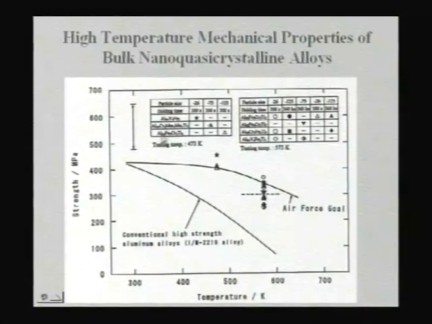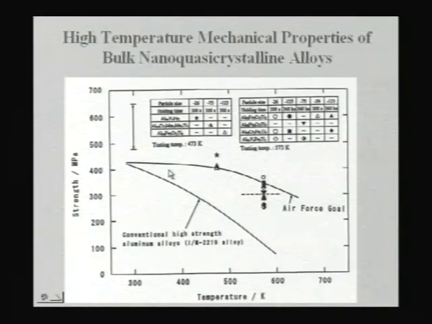And if you want to go to high speeds, you always have friction from the surrounding air, and the friction results in a lot of temperature rise. So you need to use alloys which have high strength at high temperatures. As a result, one puts a goal like this, and there are a number of these aluminum, iron, chromium, titanium alloys which can achieve all those goals, and people are still working on this. Some of the achieved goals, for example aluminum, vanadium, iron, I am going to show more results of that, and aluminum vanadium iron has much higher strength than the objective that is set as the goal.